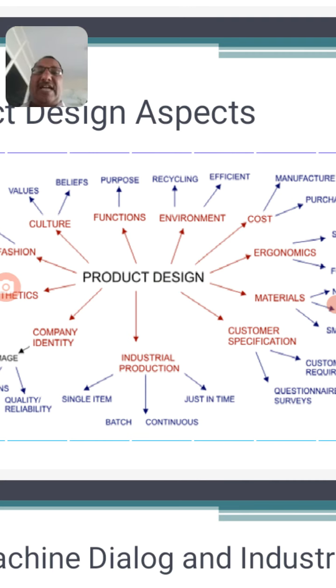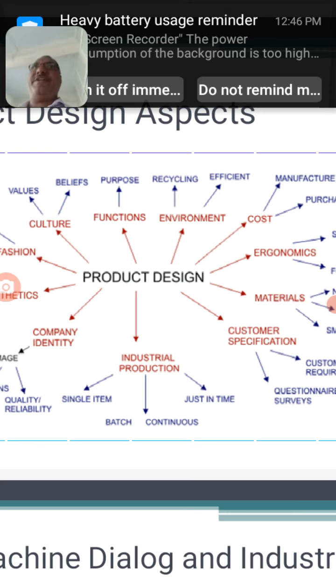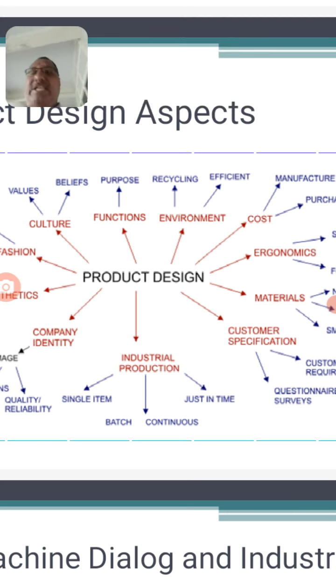See, we will start with the first point, that is functions. What is its use? Function means what is the purpose of that product, where it can be sold or where it can be taken, or it can be given to an industry or it can be sold in a marketplace. That is nothing but the functions of the product or purpose of the product. So this is the first aspect, design aspects of our product.